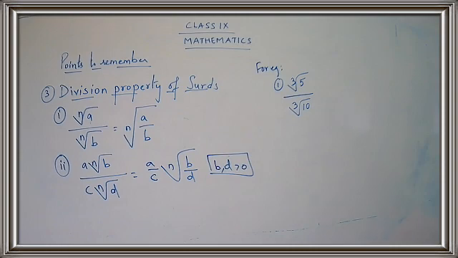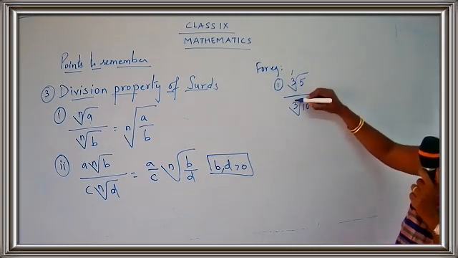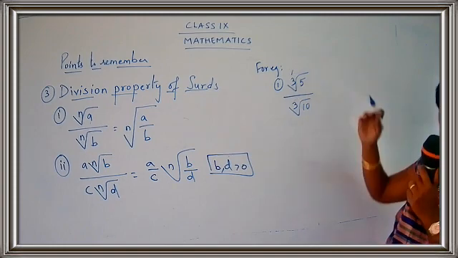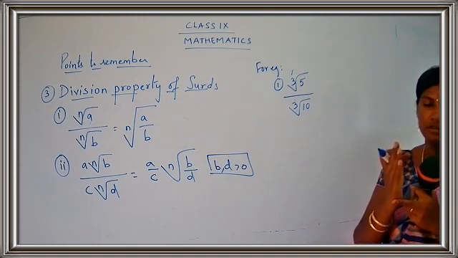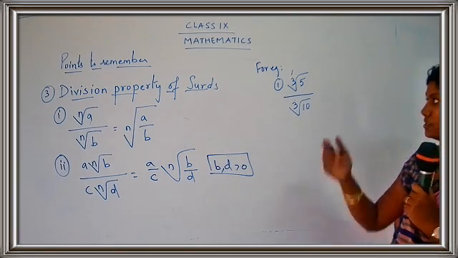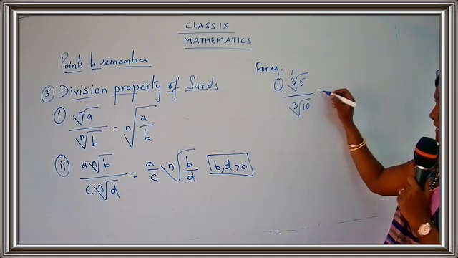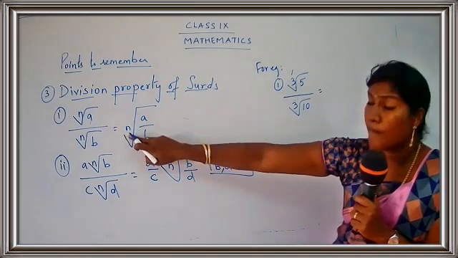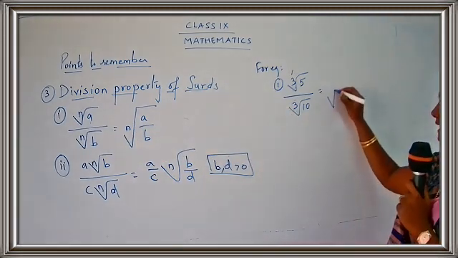So what you are going to do? First of all, check the root. What is the root here? It's 3. What is the root here? It's 3. So you have the same root. If you have the same root, you can go for the division. Okay, children, mostly you have to get the same root when you do different operations. So cube root of 5 upon cube root of 10. This will be written as a common root. That means you have to take n as common. I am just going to write down 3 as a common root.